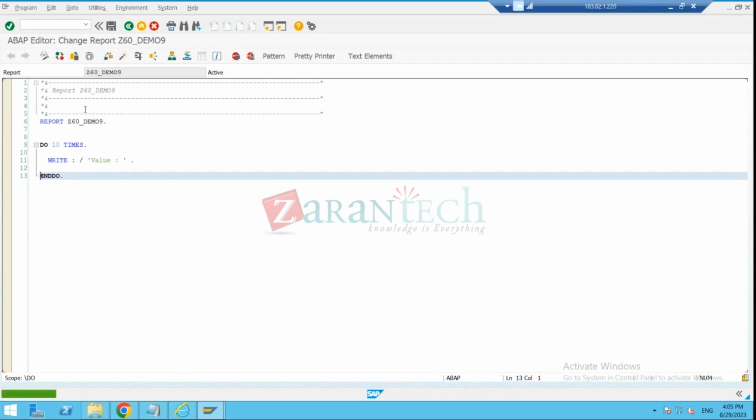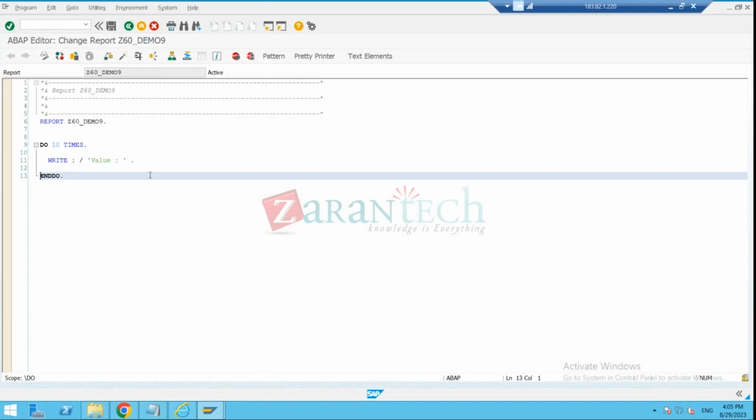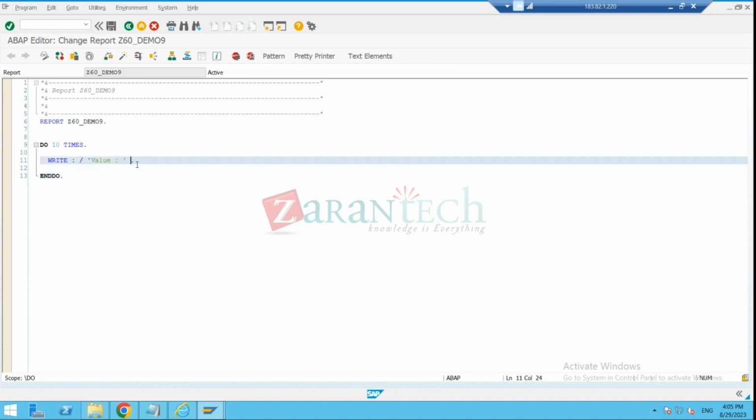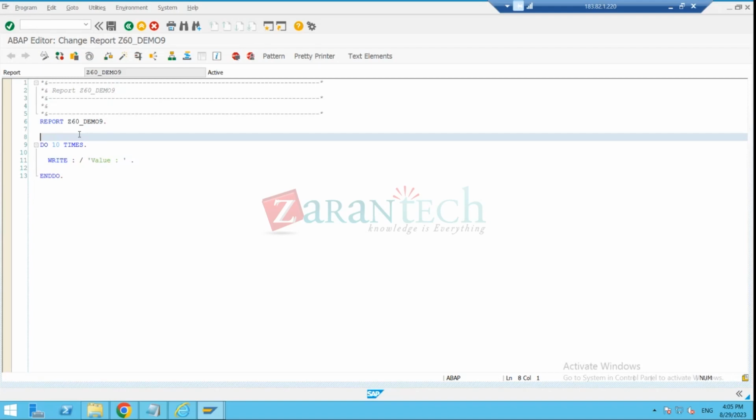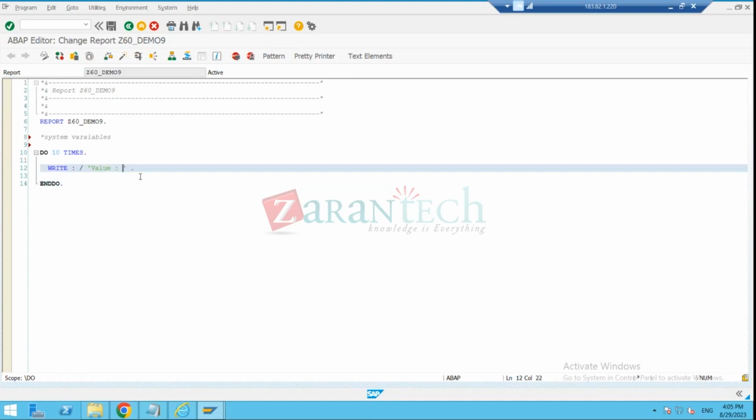I know this loop is running for 10 times. Now this is coming 10 times, but there's no variable, there's no value to be displayed there. Right? Actually, there are some system variables which are internally available. We can use them. When you are inside a loop, there is a variable called system variables will be written